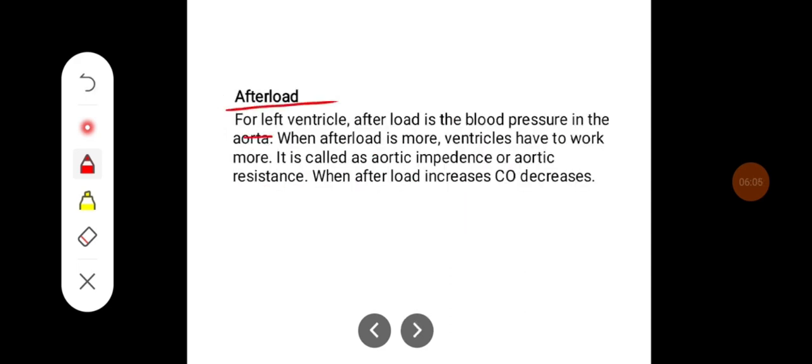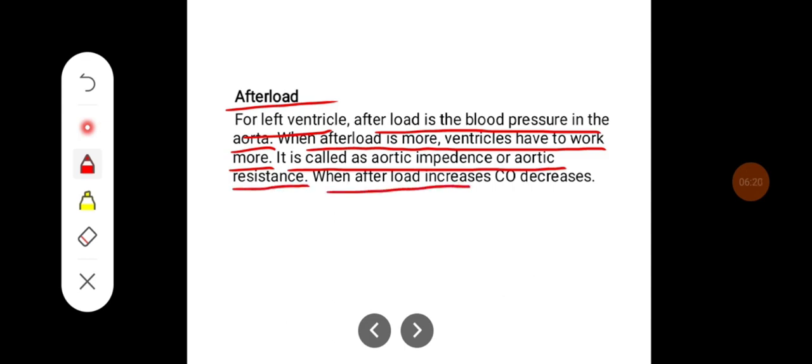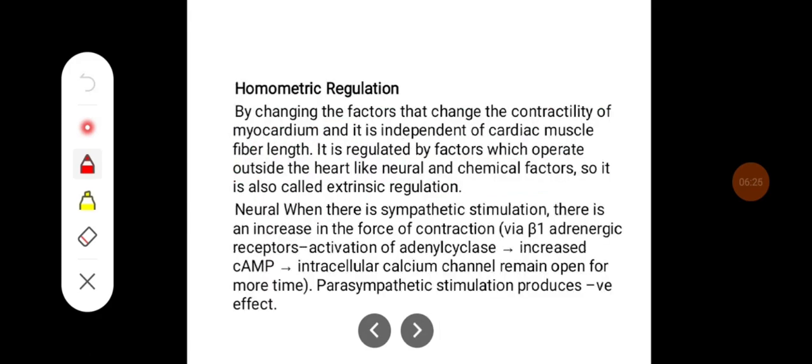Afterload. For the left ventricle, afterload is the blood pressure in the aorta. When afterload is more, ventricles have to work more. It is called aortic impedance or aortic resistance. When afterload increases, cardiac output automatically decreases. Coming to homometric regulation, it works by changing the factors that change the contractility of the myocardium, and it is independent